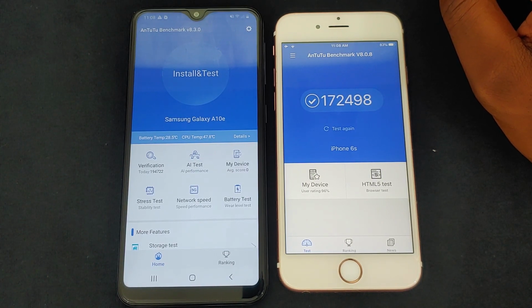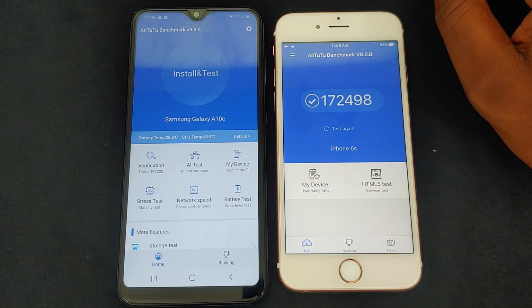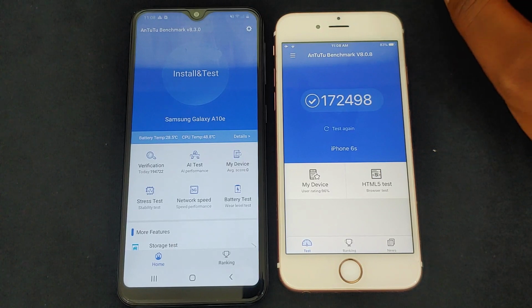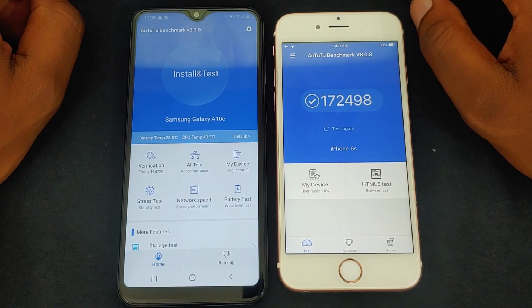172,498. That's a pretty good number considering this device came out 4 to 5 years ago. So absolutely impressed still to this day with the iPhone 6S. And as of right now, we have to give this one to the iPhone once again. So in a real-world test, you being up 3 and the other person having 0 when it's out of 5, you automatically win. But for the sake of entertainment, let's go ahead and get to the next part of the